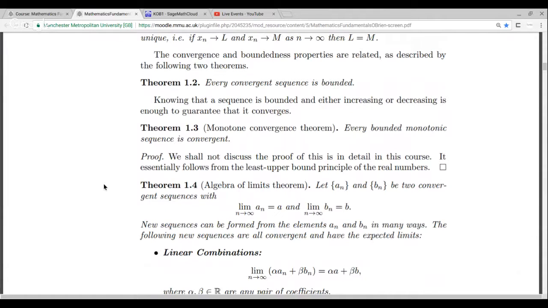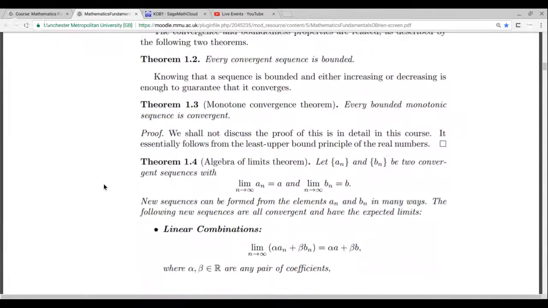If you know it's increasing and there's an upper bound, the monotone convergence theorem tells us that the sequence has to be convergent. And just that fact, knowing that a limit exists for the sequence, is often an important step in being able to find the limit as well. It applies equally well to decreasing sequences that are bounded below. You've got a decreasing sequence of numbers which never goes below some lower threshold, then that sequence has to be convergent and has to have a real limit.